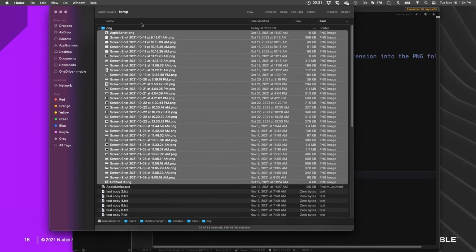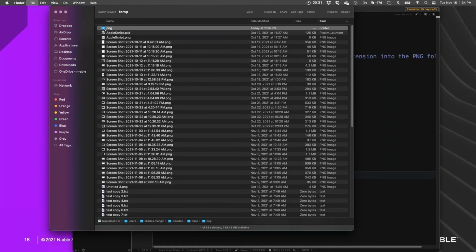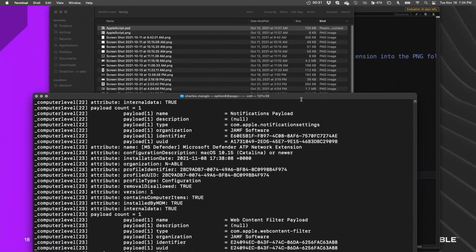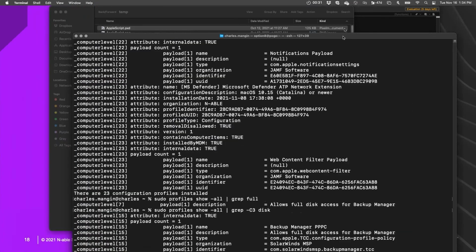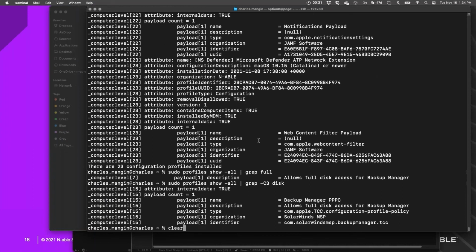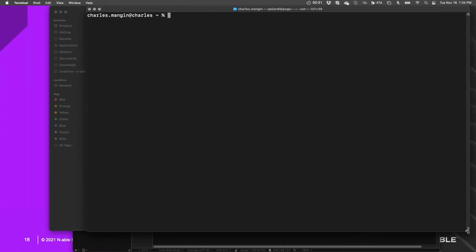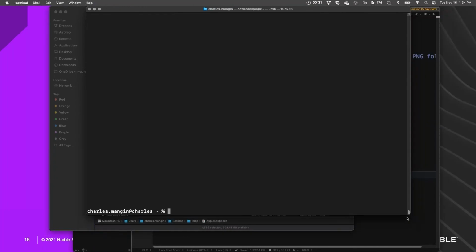As a means of organizing things, that's not too bad. A lot of times, as a shortcut to all of that dragging and dropping, I would open up the terminal.